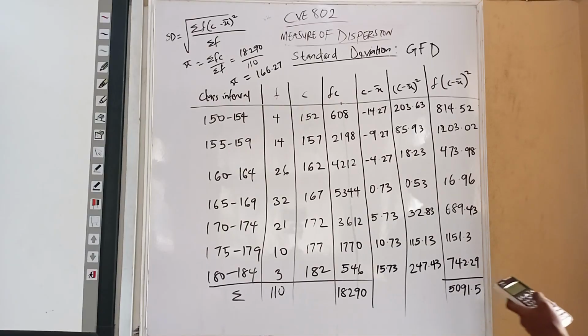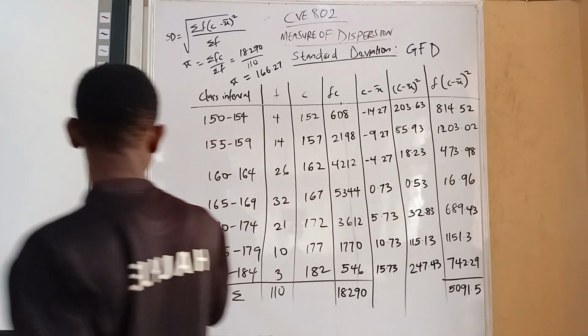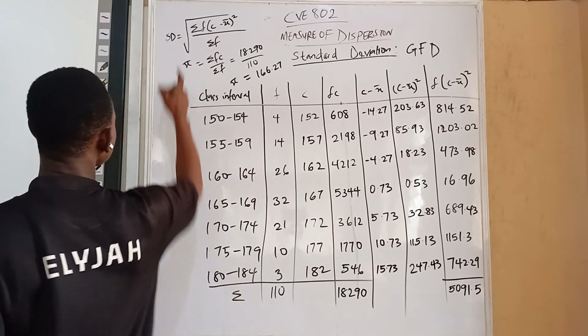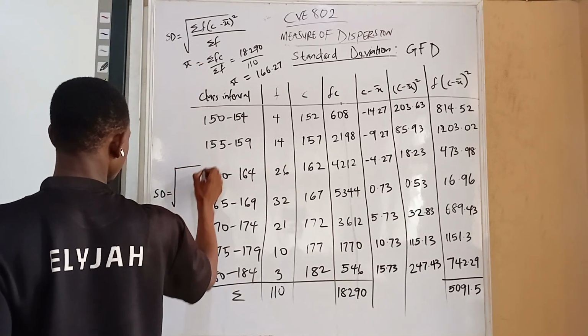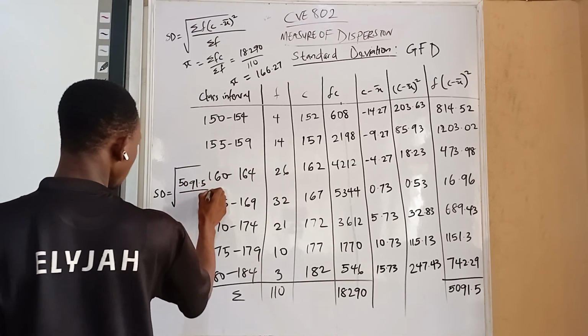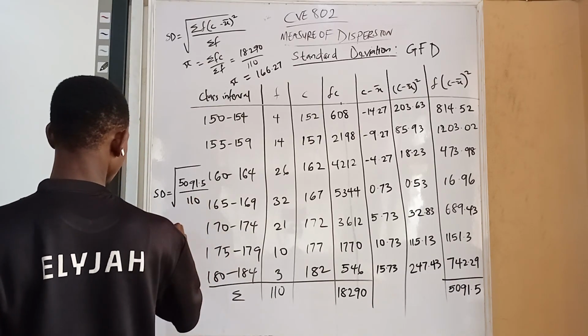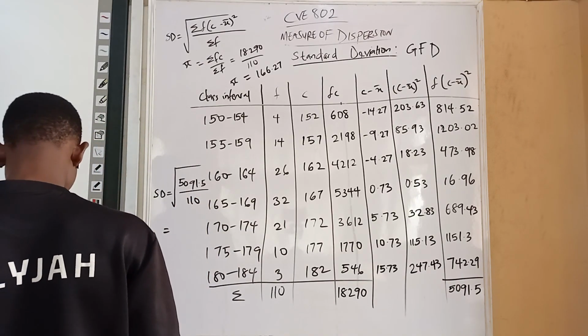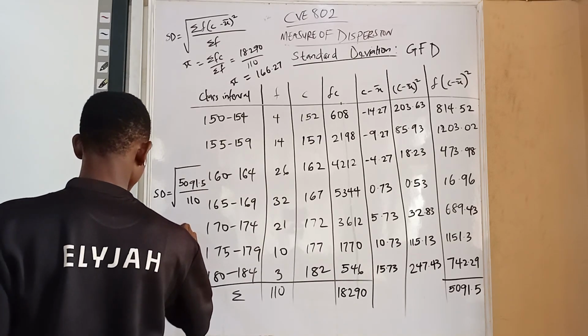So yeah, we've been able to estimate everything we think we need. But they are not everything you need. So the final thing to do is to just infuse everything inside the formula. And from the formula we have our standard deviation to be equal to what we have up here. And substituting is going to be 5091.5 divided by 110, divided by 110. That should be, so square root of